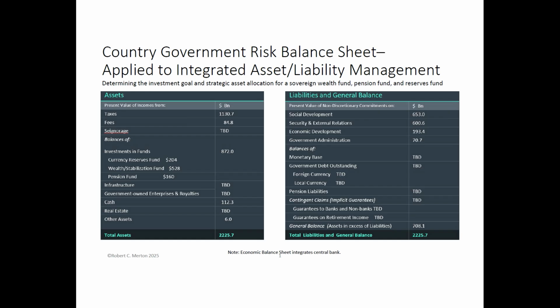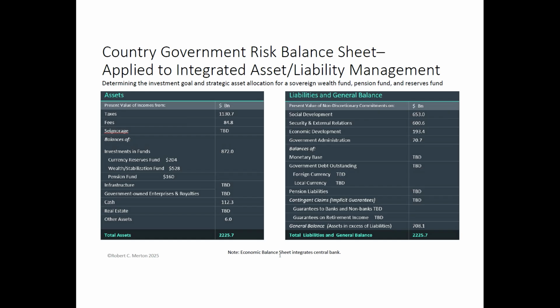And the first rule of portfolio theory 101: what matters is the risk and characteristics of the whole, not the component parts. That's been established for 70 years. So in order to think about just a decision of what the sovereign wealth fund should do, you really need to place it in the context of the ultimate beneficiary of that, or at least the government in this case, with all the other things that the government has, both other assets but also other liabilities. Otherwise, you really don't have much control over anything.